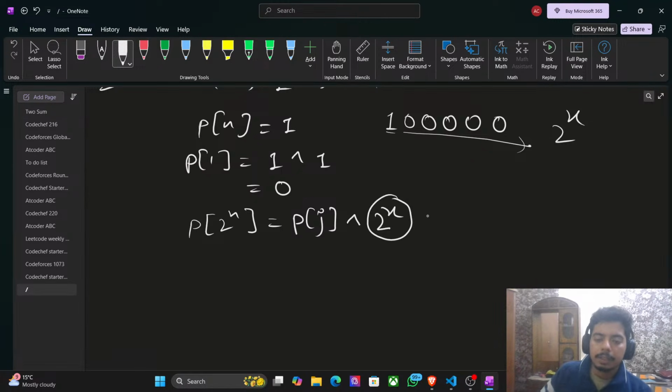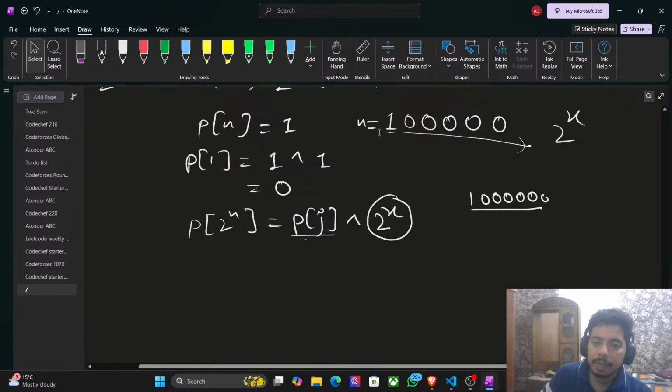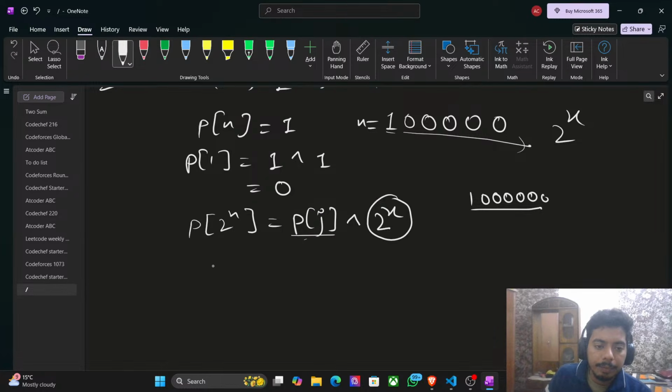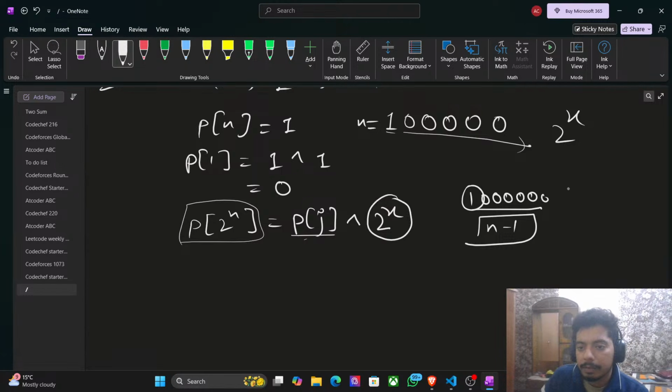Now this number pj has all the bits on, but it is n, and my pi will go up to n minus 1. So any number which is n minus 1 will always have one bit less than this. Okay, and if it has one bit less than this, it will not be possible to form such a number, or it will not be possible to form a permutation of numbers from 1 to n,